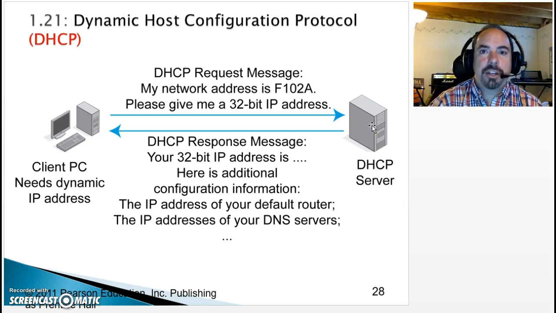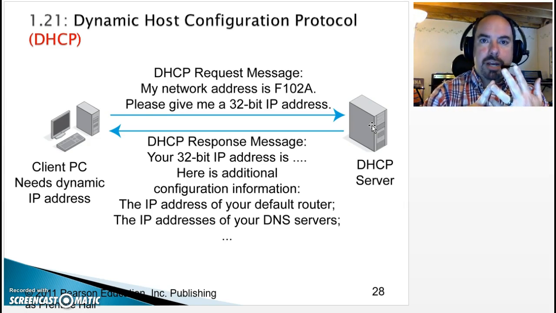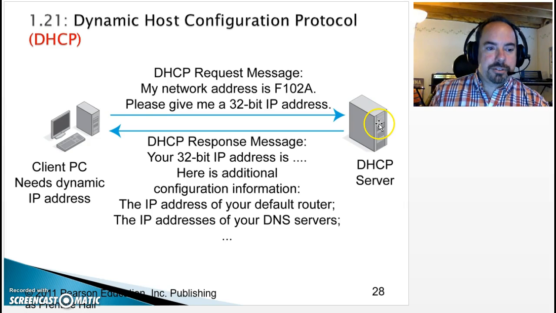important things. It'll give you your IP address, it'll give you your subnet mask, which is also important, but that's I think a later chapter. It'll give you your default gateway, also known as the IP address of your router. It'll give you your lease time, like I said, either 3 days or 10 days or 2 weeks, whatever the network administrator sets for it to expire. And the fifth item is it'll give you the address of your DNS server, your closest DNS server. We're going to talk about DNS next.